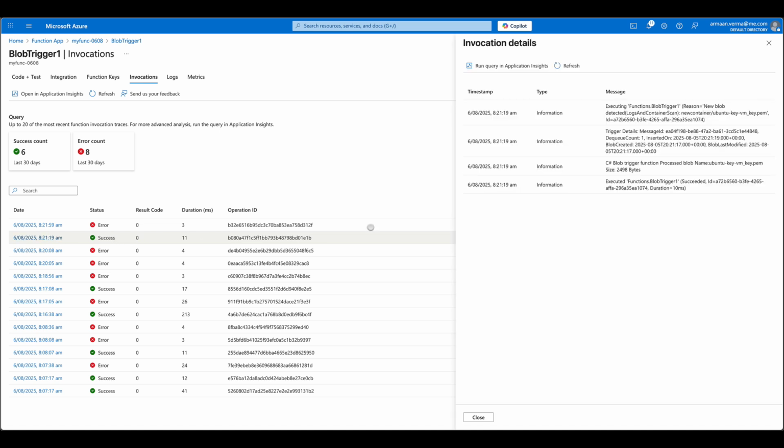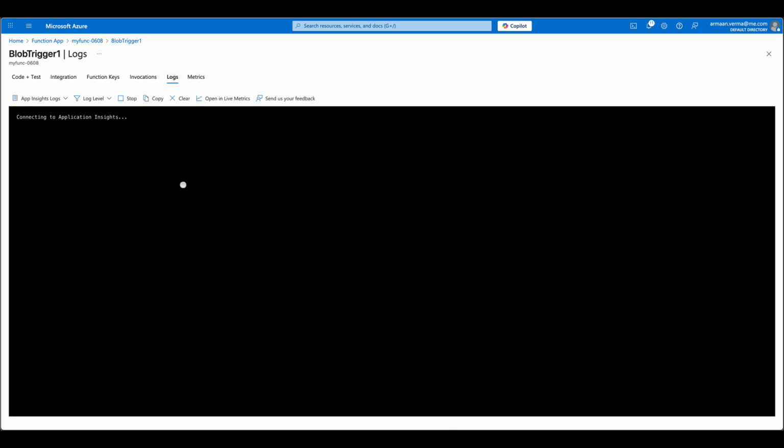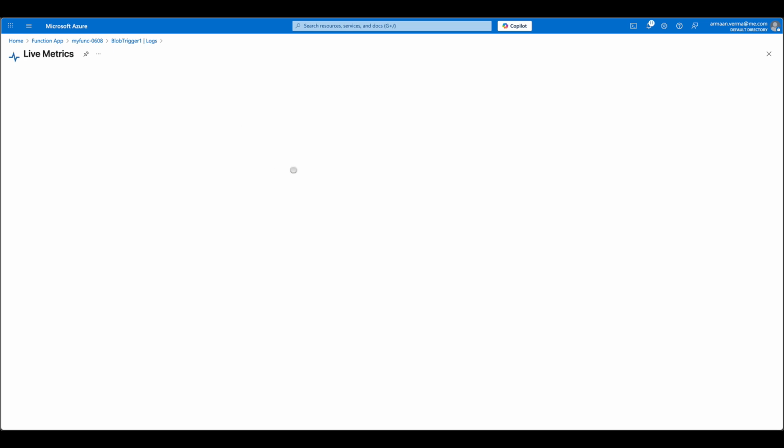If I click on this, you will see that this is the key file that I uploaded. This was the message ID, the trigger function, and executed successfully the function. So we have to wait for the new file that we uploaded must come into the system. So we need to watch this success code over here. So this is usually going to come here. If you want to go and view any logs, you can also go and check the logs. They should be available. So it will process the data, and it will show it to you. If you want to go and view your file system logs, you can view them. If you want to see live metrics, it can also show you live metrics of anything that is happening